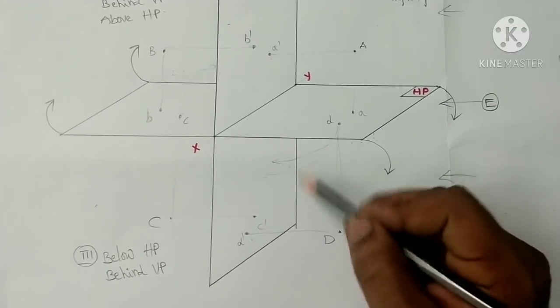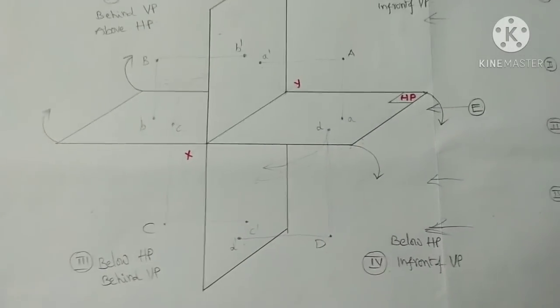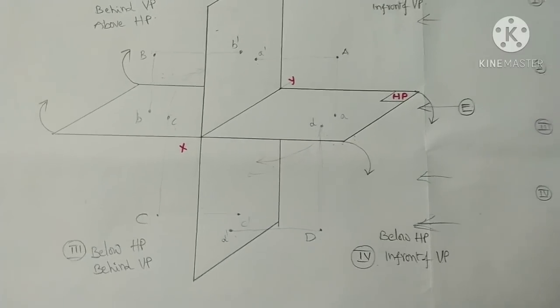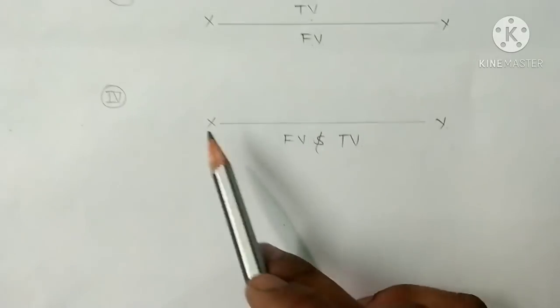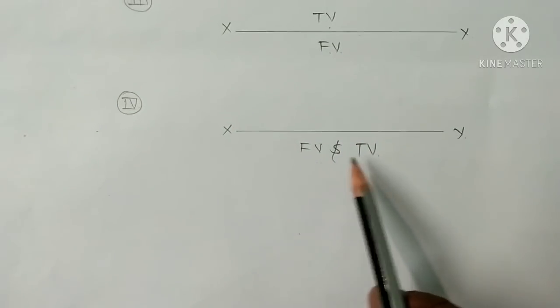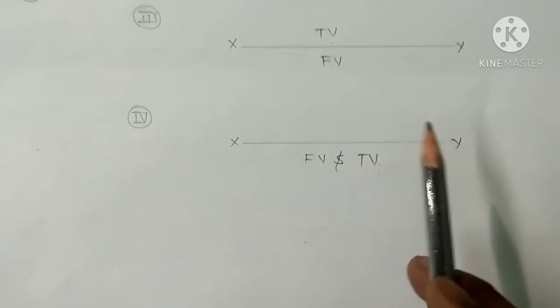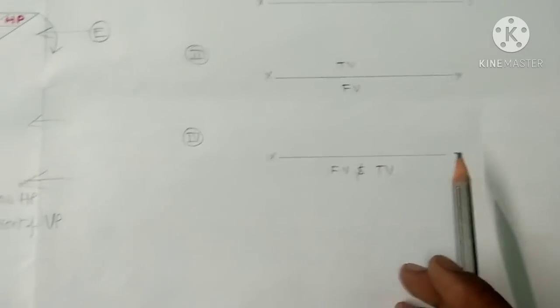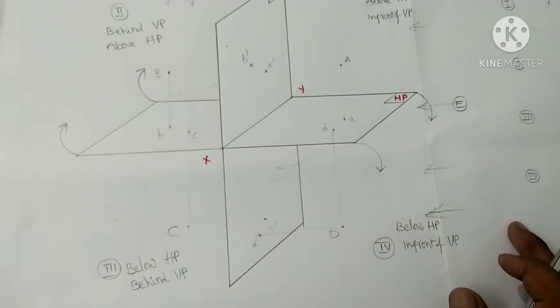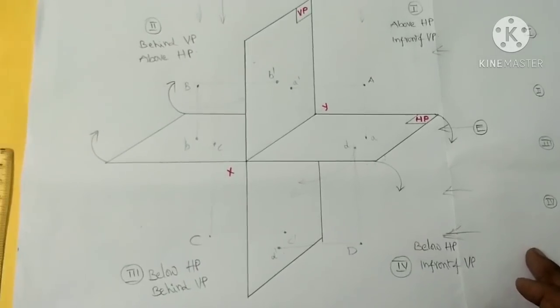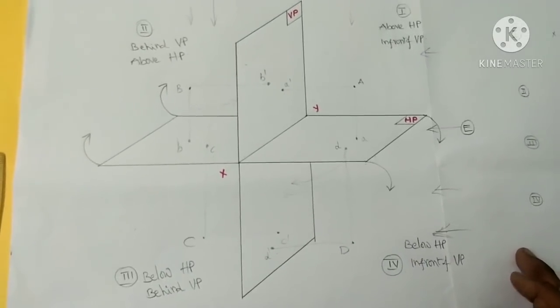So both views are located below the reference line when the point is situated in the fourth quadrant. That is what I am showing in this particular diagram. Below the reference line we have the front view and top view. This is about the quadrant system, the 4 quadrant system. And if we observe this particular quadrant system, we can follow all 4 quadrants only for the orthographic projections of